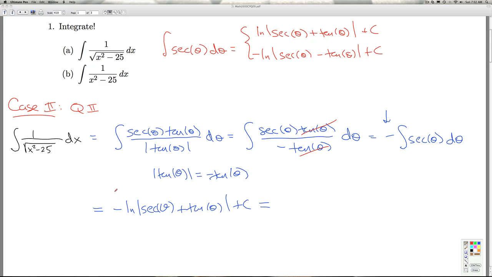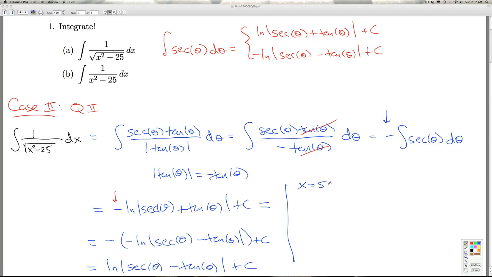And since we're getting that negative anyway, we might as well use the other formula. So this is going to be negative natural log absolute value secant theta minus tangent theta plus c, which gives us this. So now look what happens. If I go back and look at the substitution,